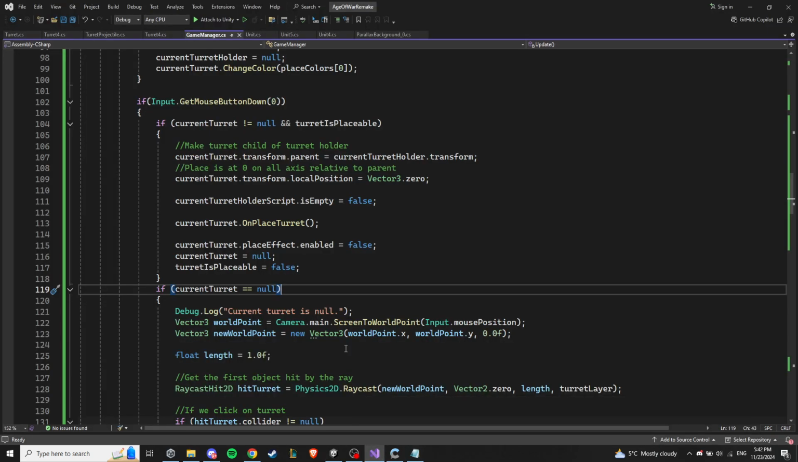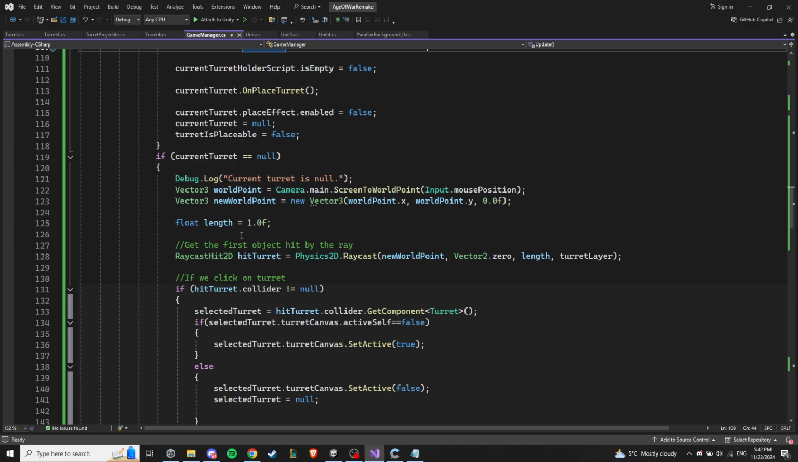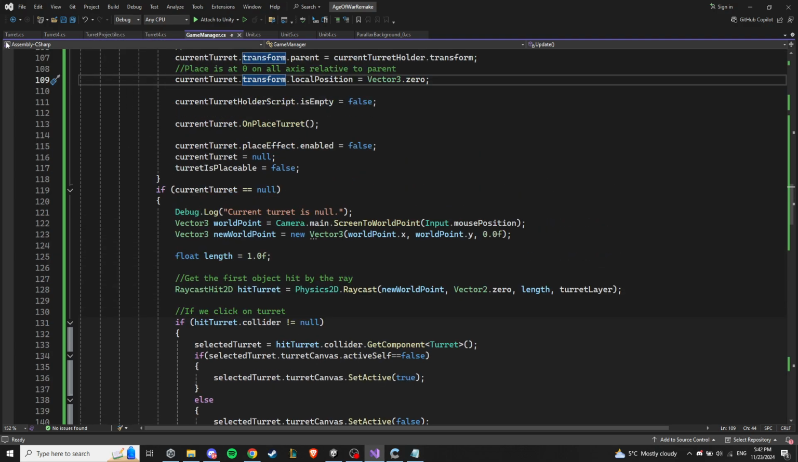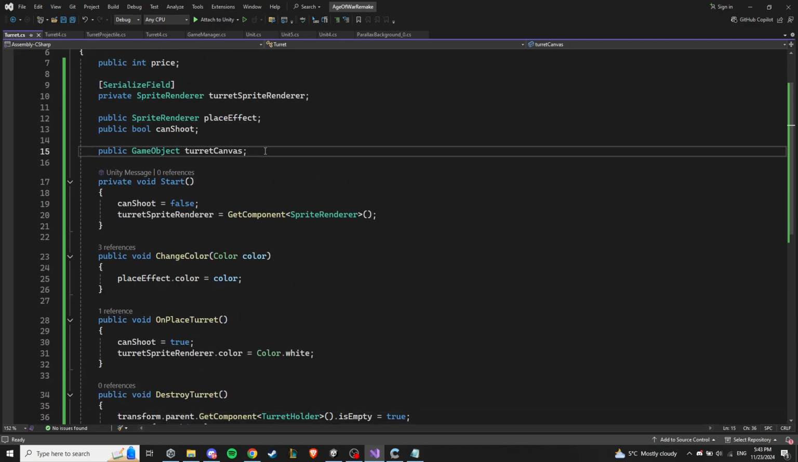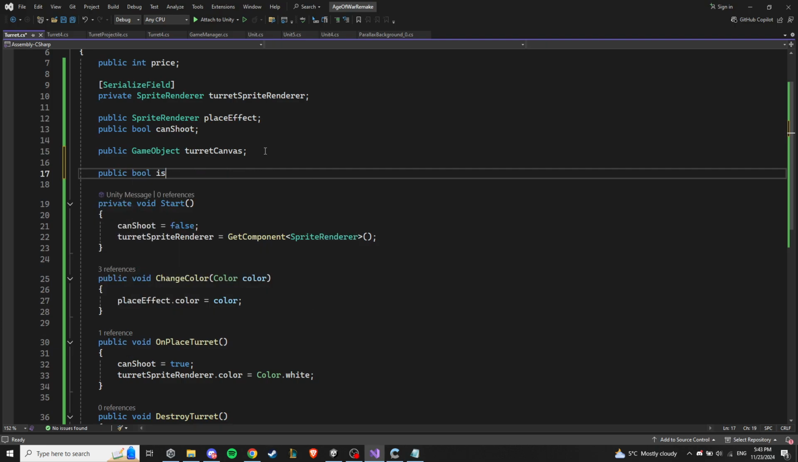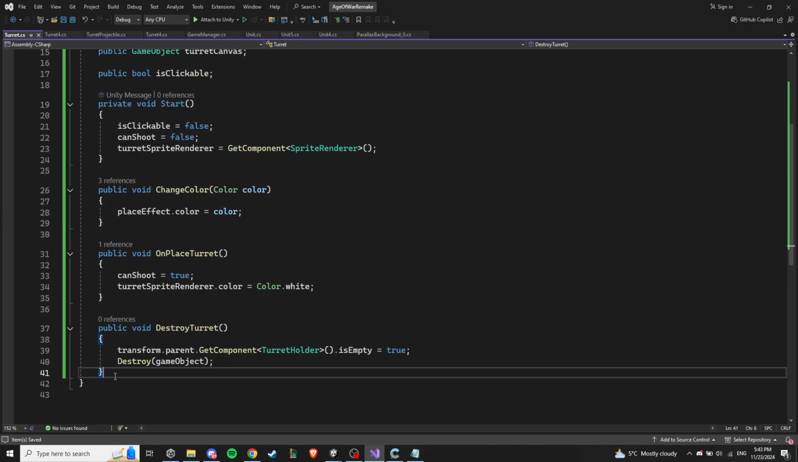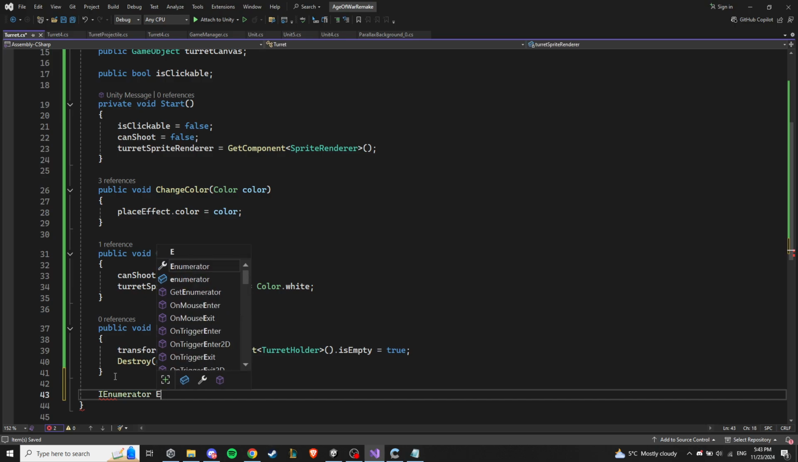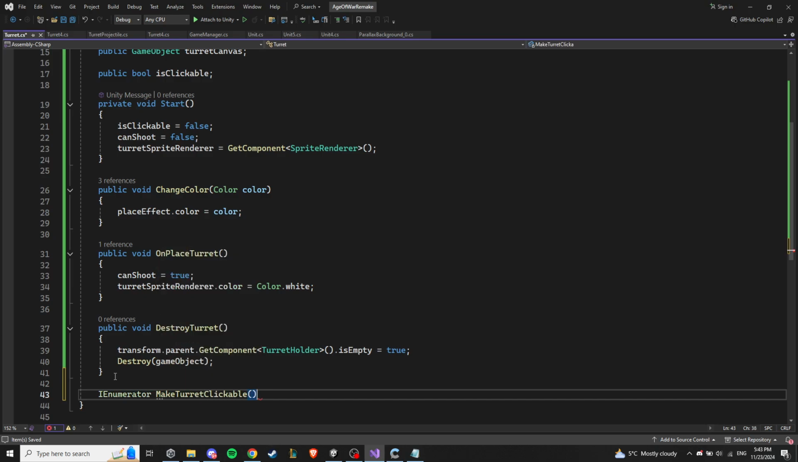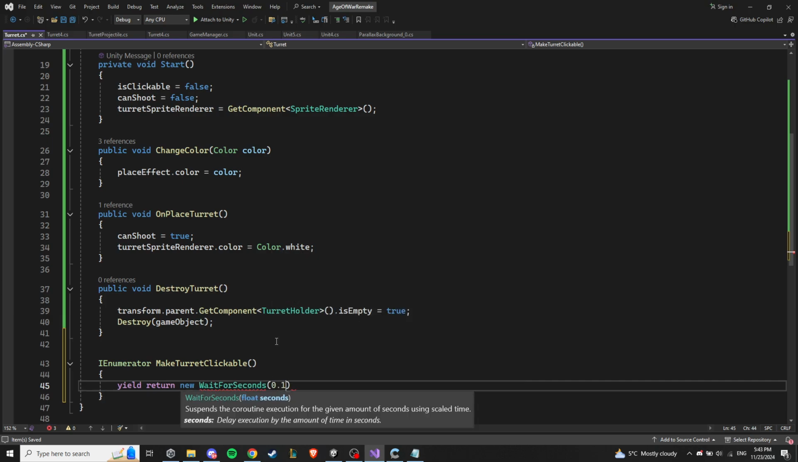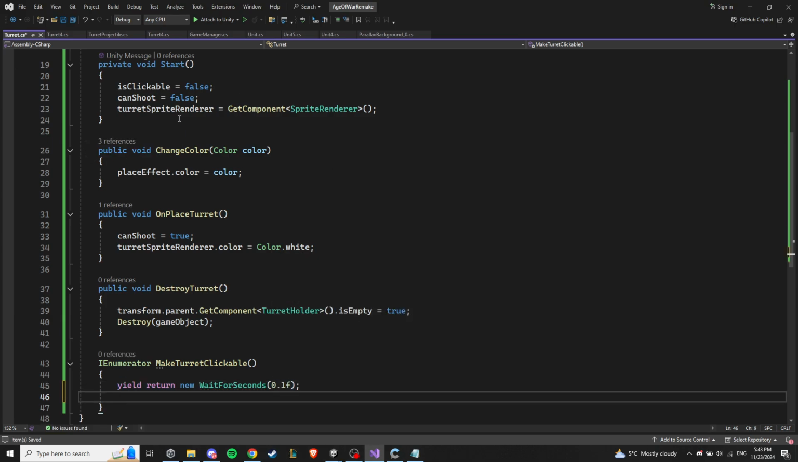Okay, I see. Okay, let's wait some time before we can click on the turret, and we don't need to wait much time, just a couple of frames possibly, maybe a short amount of time. So here we'll say public bool is clickable, and by default this is false. And now here we'll create a coroutine, enable make a turret clickable, and here we wait for seconds, a short amount of time, like 10% of a second,